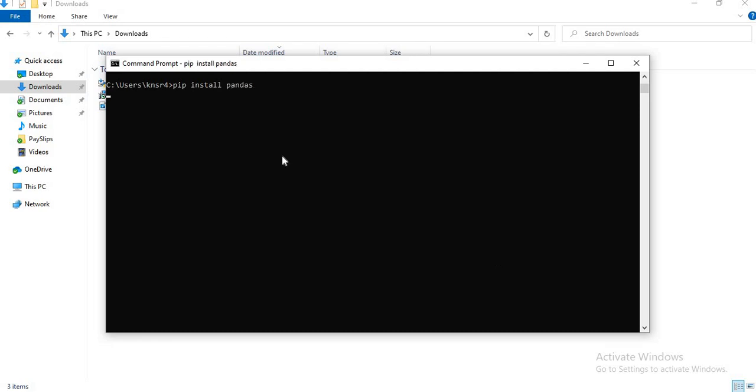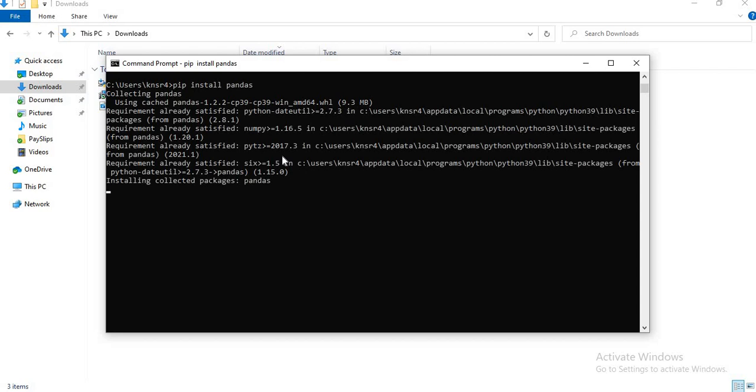It starts installing the pandas package. So this is done. In this way you can install any package.